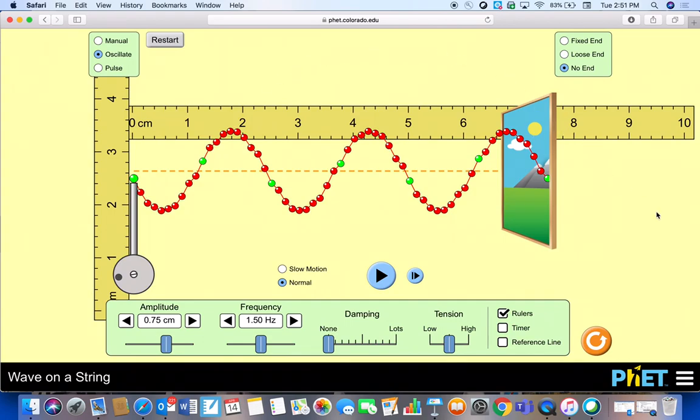So again, this is the PhET simulation, and if you've already cleared the simulation, I'm going to help you get started again, review, make sure you have the same parameters set. So again, make sure you've got that ruler box checked. Bring up that ruler. Make sure that it's set to oscillate. Make sure that you have no end. Have damping set to 0, to none. Have tension set to middle. And like I said, it defaults to 1.5 hertz for your frequency. So we're going to set and leave this frequency the same,